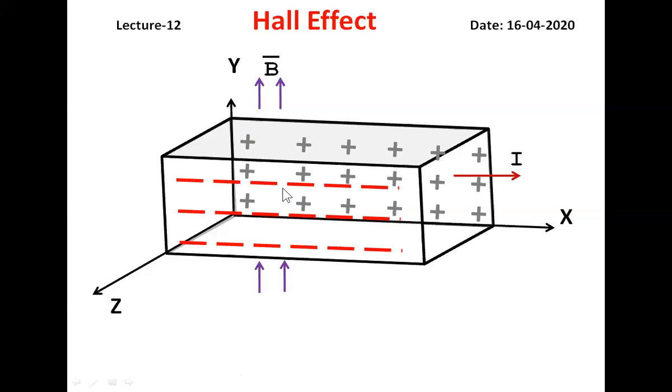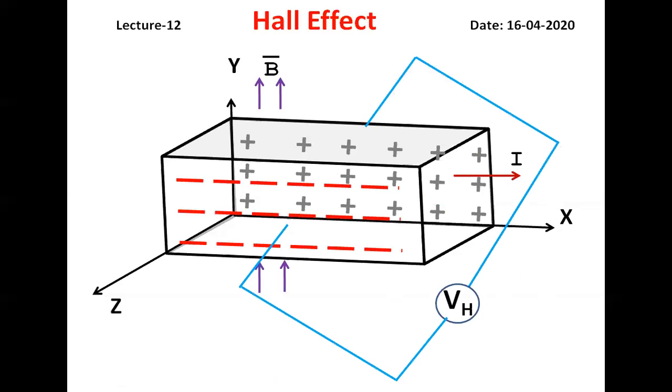So we have produced some electric field. Separation of positive and negative charge means there is an induced electric field. This induced electric field is known as the Hall electric field, and this phenomenon is known as the Hall effect. What do you mean by Hall effect? This voltage is also known as the Hall voltage, and this Hall voltage or Hall field is because of the applied magnetic field on a semiconductor, which is perpendicular to the flow of the charged particles within the semiconductor.